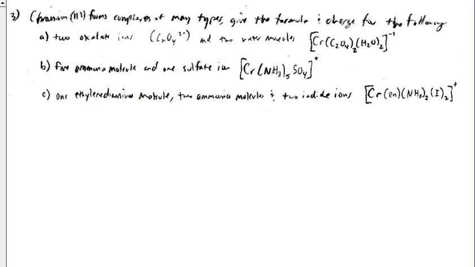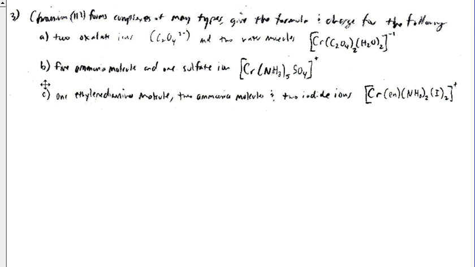In problem 13, you were asked to consider chromium-3 and how it formed complexes of many types, and you were asked to give the formula and charge for the following, and it describes in words what sort of things would be bonding with the chromium-3. Two oxalate ions, and they give you the formula C2O4, 2 minus, and two water molecules. So the complex ion with chromium, two oxalate ions, and two waters would look like this and have a charge